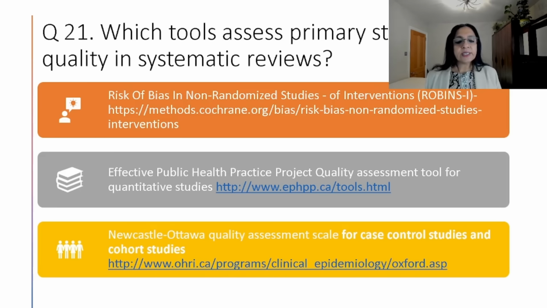There is another tool from Cochrane for non-randomized studies of interventions, called ROBINS-I. That is also available from the Cochrane website, and it has guidance and the associated publications.